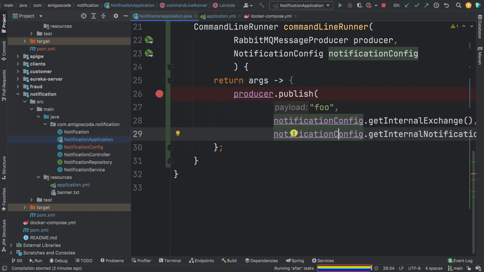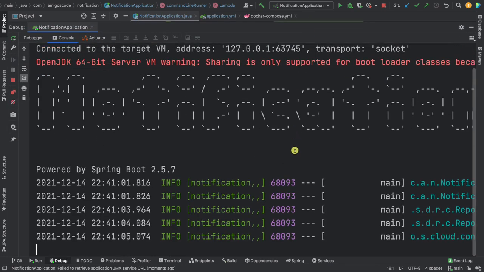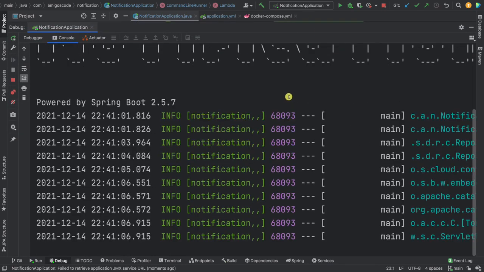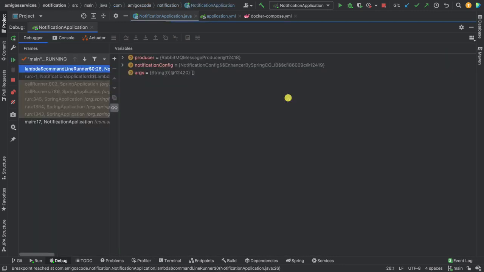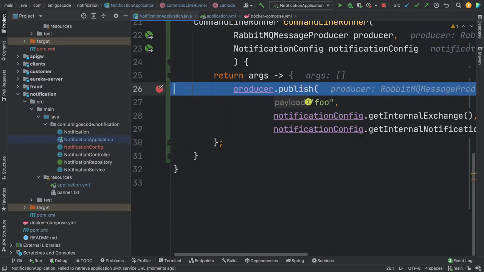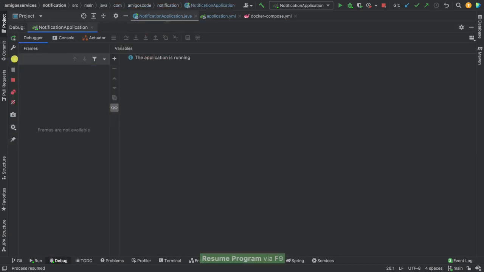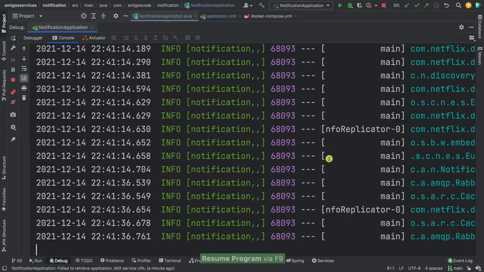So just give it a second, and I like to put this full screen because my font is quite big, but hopefully we should stop, create table, and off you go. So you can see that we've stopped, and now you can see that in here things are wired up correctly, and we are about to publish. I just want to make sure that things were wired up correctly, but technically we don't need this breakpoint. So if I open up debug and then continue,